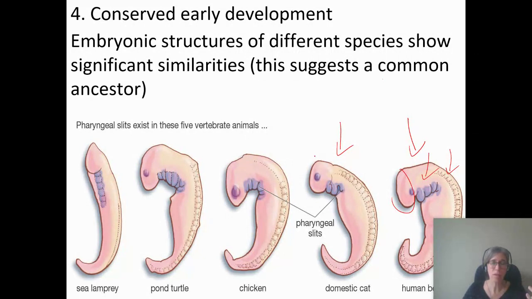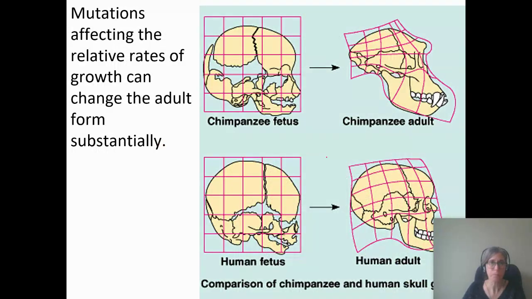And so you do end up getting embryos that stay conserved. They stay the same over time, more or less, because big mutations that affect the body plan tend to just kill the organism. So mutations affecting the relative rates of growth are more likely to produce organisms that can still